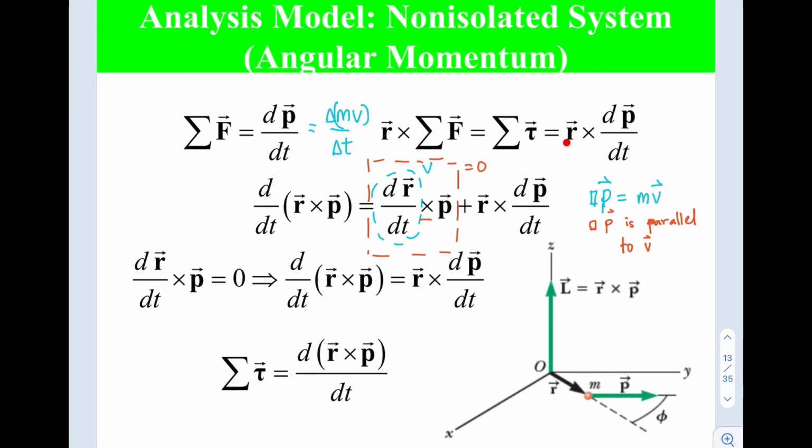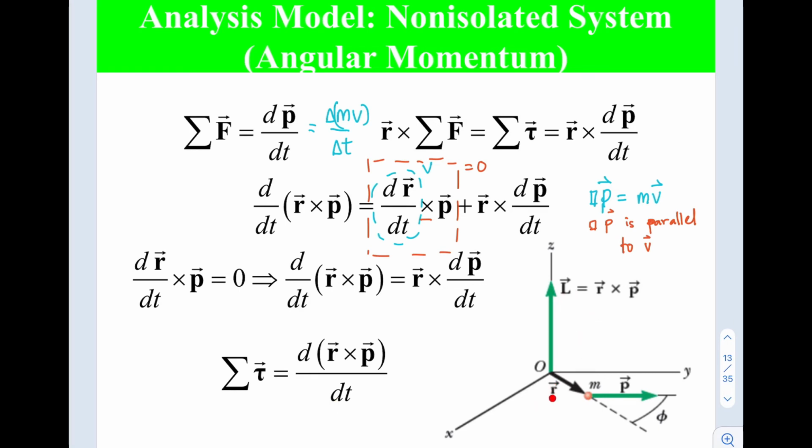From here, the original one, torque is equivalent to R cross dP over dt. This part is already 0. Therefore, we are left with R cross dP over dt. Right? So then, talking about torque now, we can rearrange the equation of the torque in terms of dR